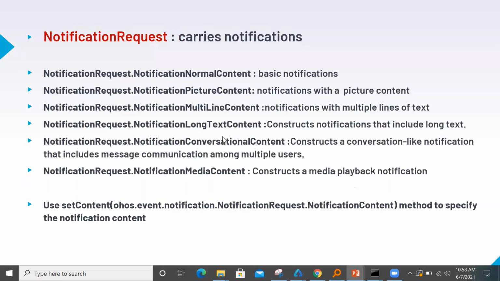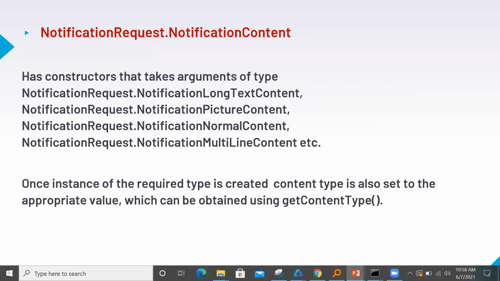As and when I create a notification with normal content, it will set the content type accordingly. If you need to know the content type of a notification, you can use the getContentType method.